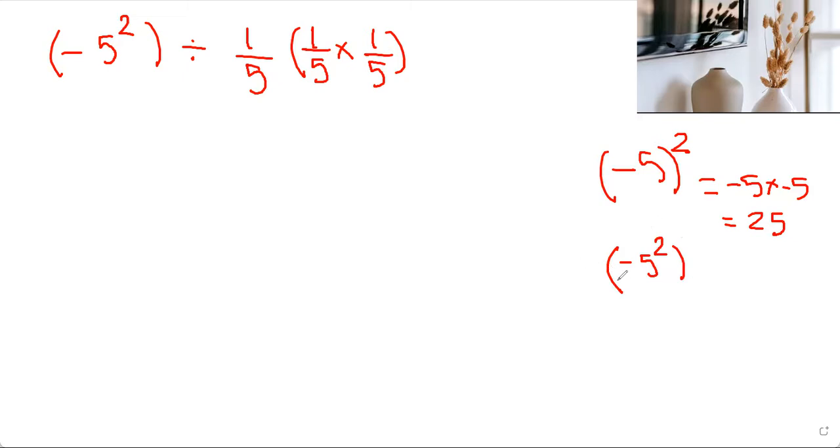And with this one here, clearly the square is only on the 5 and not the negative. So what does that mean? That means the negative is not touched, but the 5 is squared, so it'll be 5 times 5, and that will give you -25. So make sure, here the negative is squared, which gives you positive. Here, only the 5 is squared and the negative is not touched, which gives you -25. So now that being said, we know this is -25 divided by 1/5